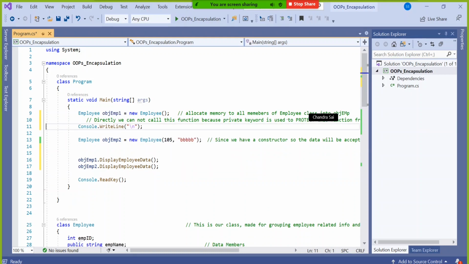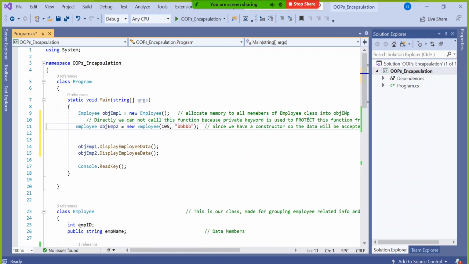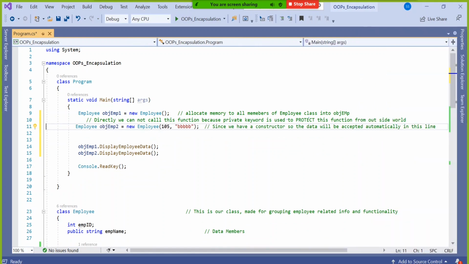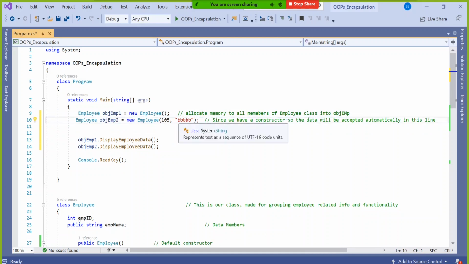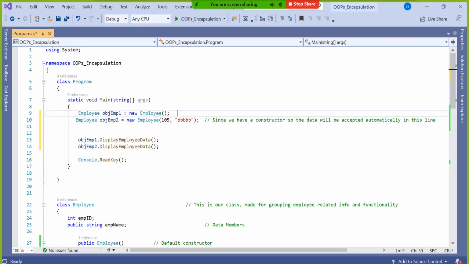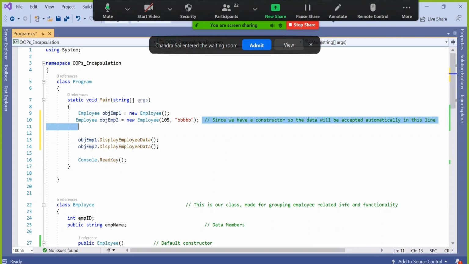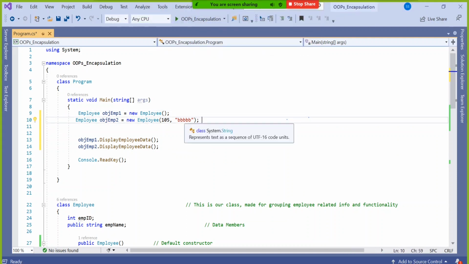So if you are calling this function somewhere here also, like this, then also no problem. What I will do is, I will create both the objects at the top. All these things I'm deleting because you already understood them in yesterday's version. So today I'm creating two objects. One is taking an argument and one is taking blank as argument.